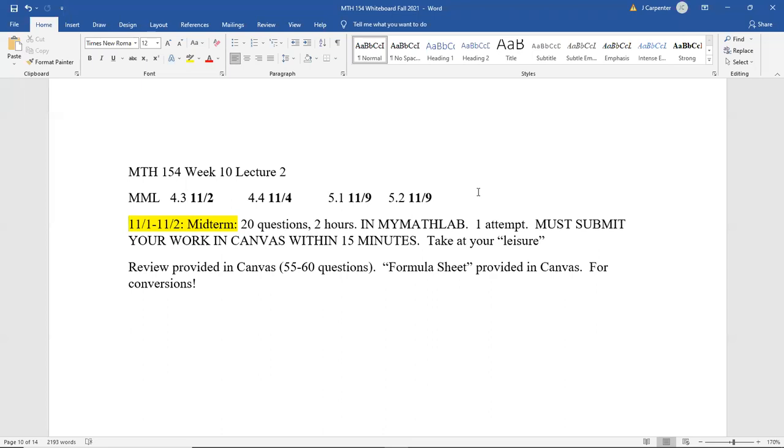There's also the formula sheet there. And by formula sheet, remember, I'm just saying like 2 or 3 conversion formulas. Remember, you still have to know all the time formulas. 60 seconds is a minute, etc. You still have to know all the different formulas throughout the semester, like how to calculate a weighted average, how to go from an annual rate to a periodic rate, anything like that, calculating simple interest, etc., etc., etc.